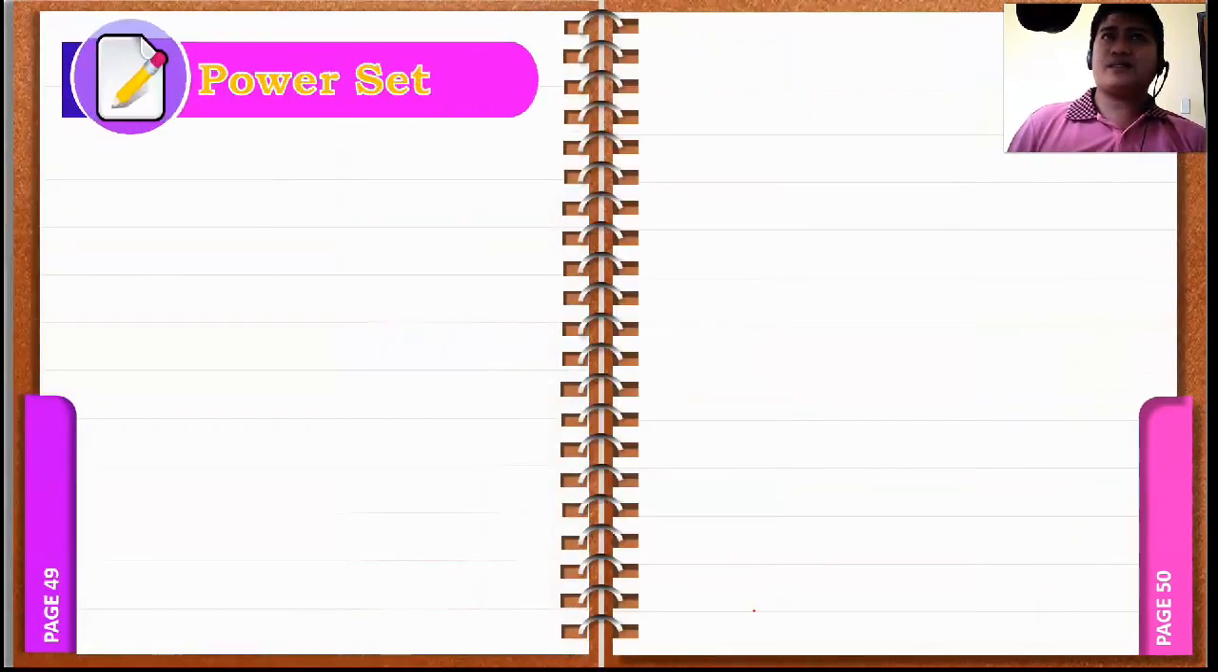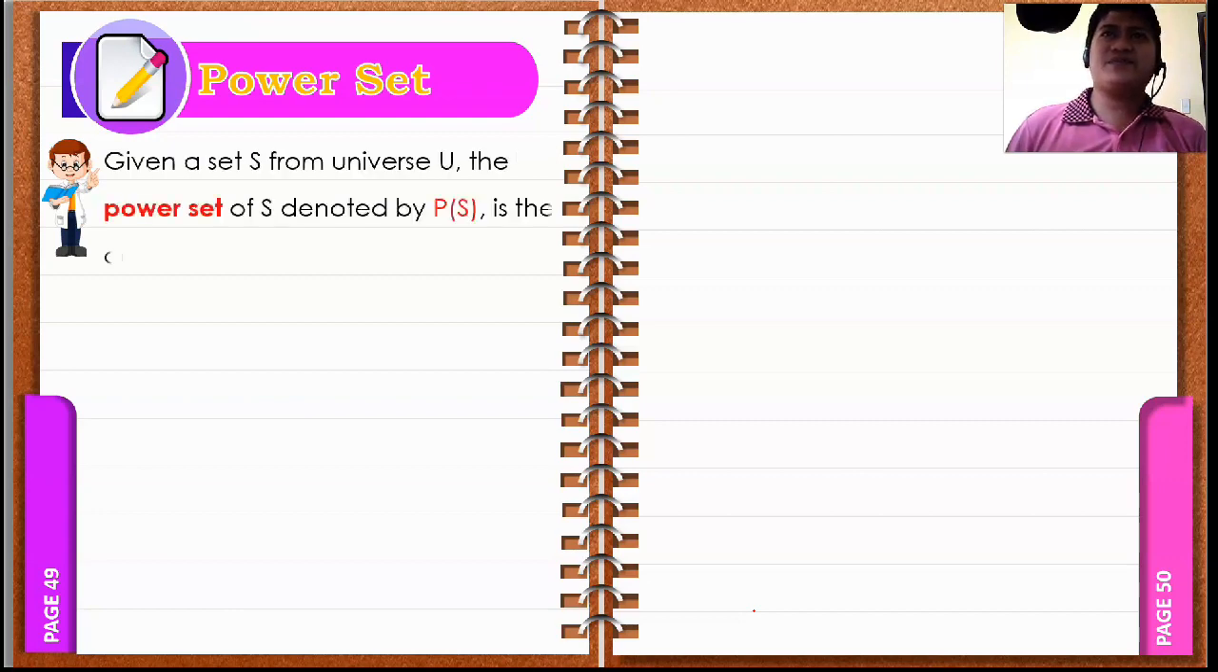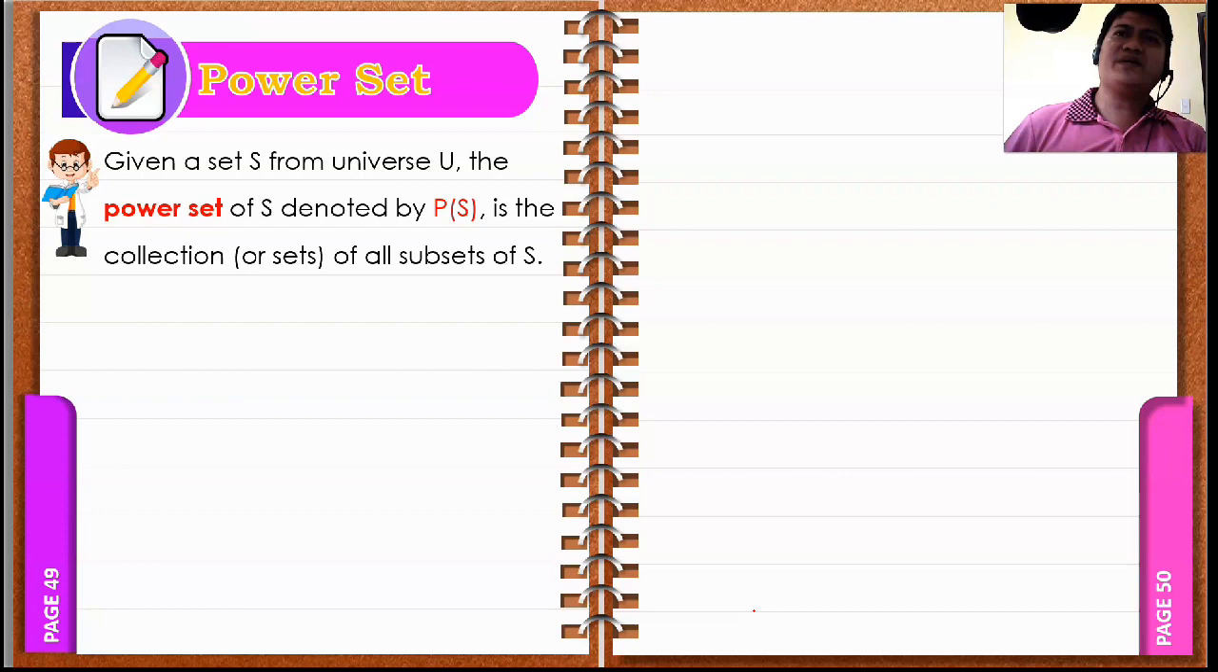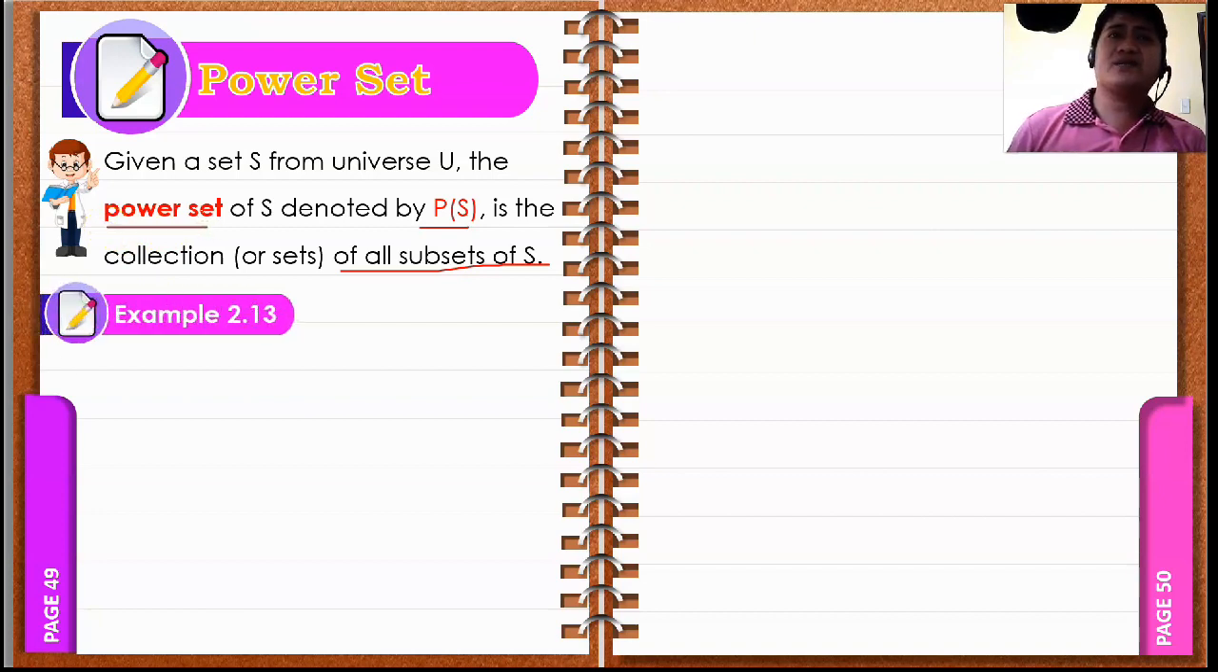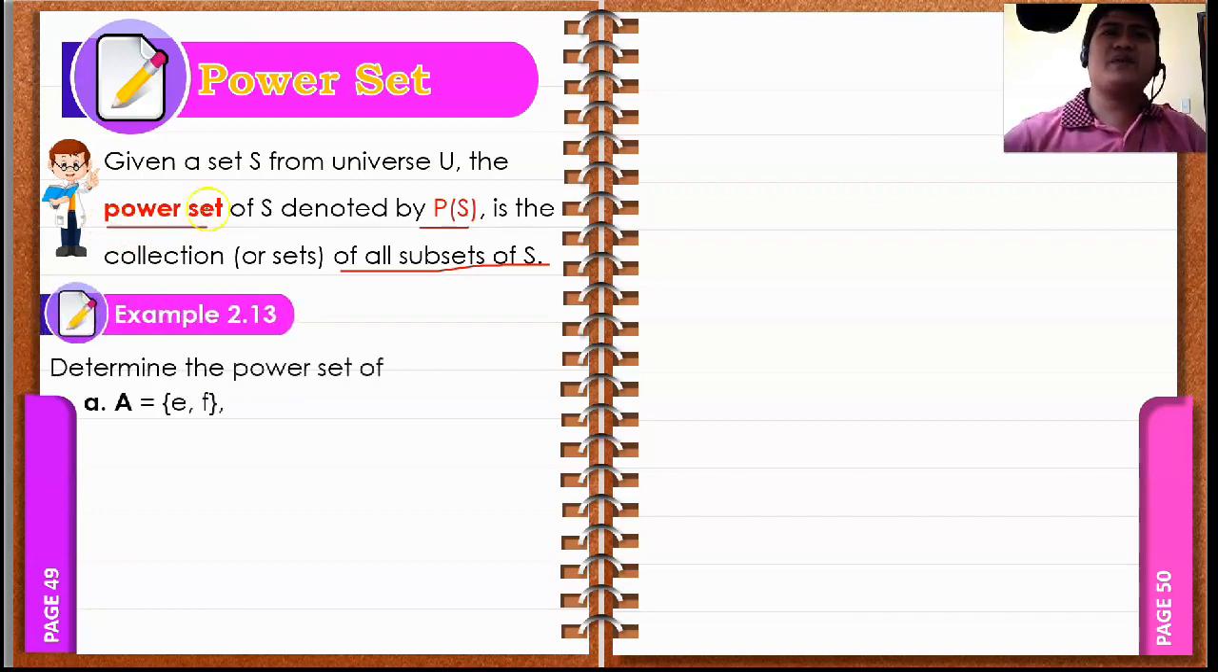So the last kind of set we have is the power set. Given a set S from universe U, the power set of S, denoted by this symbol, is the collection of sets of all the subsets of S. So given a set, we need to get all the subsets of that given set, and if we collect those, then that is our power set. So let's have an example. Determine the power set of,